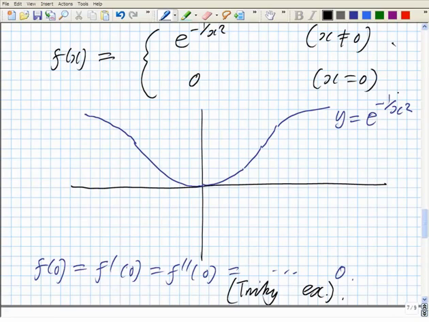In fact, the only place where this function takes a value of 0 is at the origin. So the Taylor series gives you the wrong value everywhere except at the origin. And that's in spite of the fact that it's differentiable as often as you like. So in some senses, it's a really nice function. It's as smooth as you like. In other senses, it's a really horrible function because the derivatives at the origin don't help you to know much about the function away from the origin.